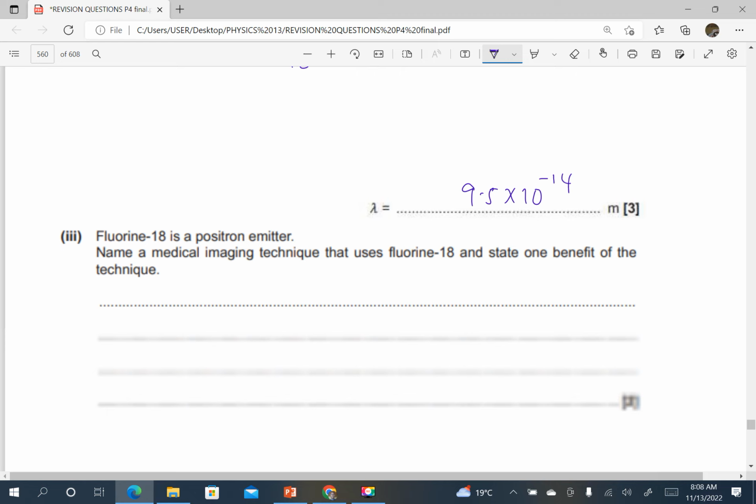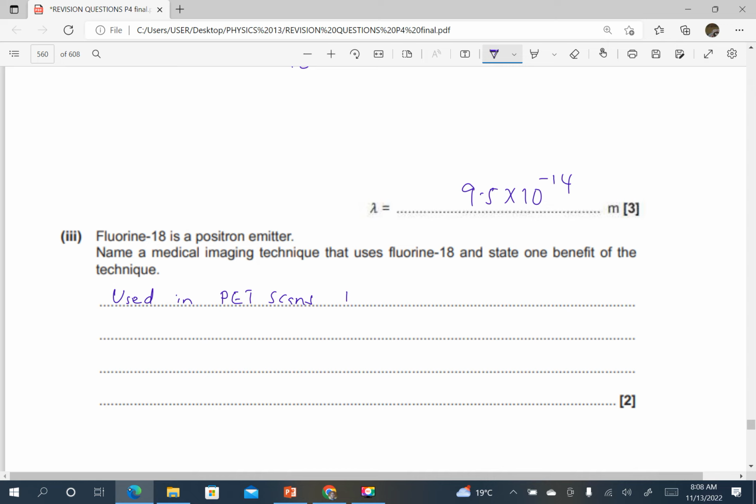Fluorine 18 is a positron emitter. Name a medical imaging technique that uses F18 and state one benefit of the technique. So this one is used in PET scans. It is used in PET scans and basically to detect